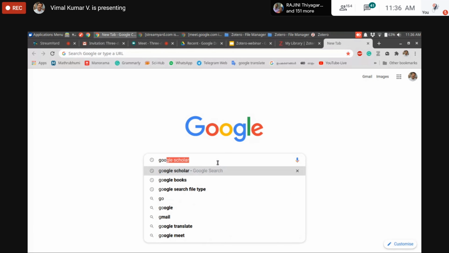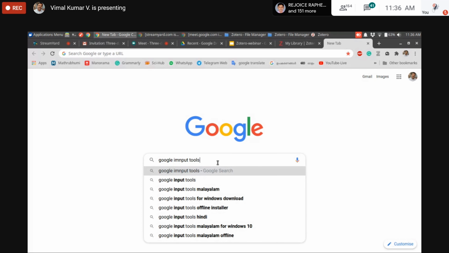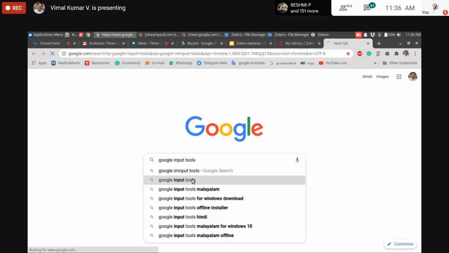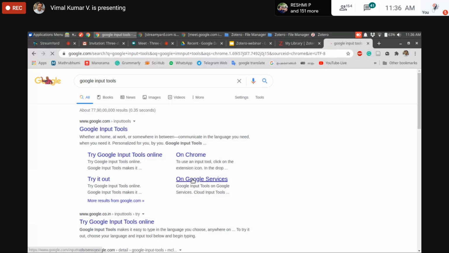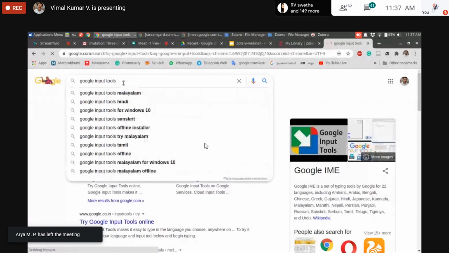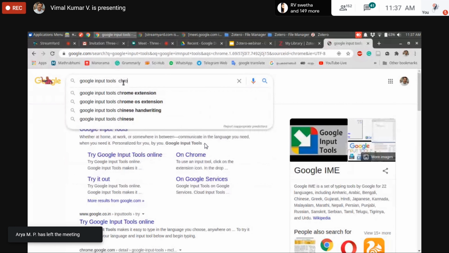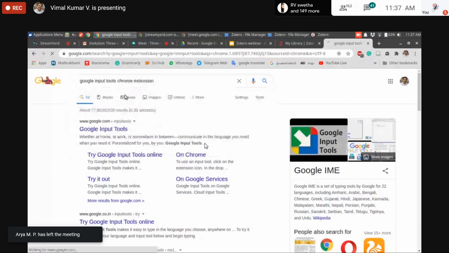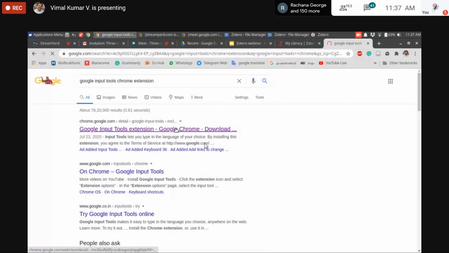First, we have to install the Google Input Tools extension into Google Chrome. You have to search for Google Input Tools Chrome extension. It will show the link to the Chrome extension of Google Input Tools.